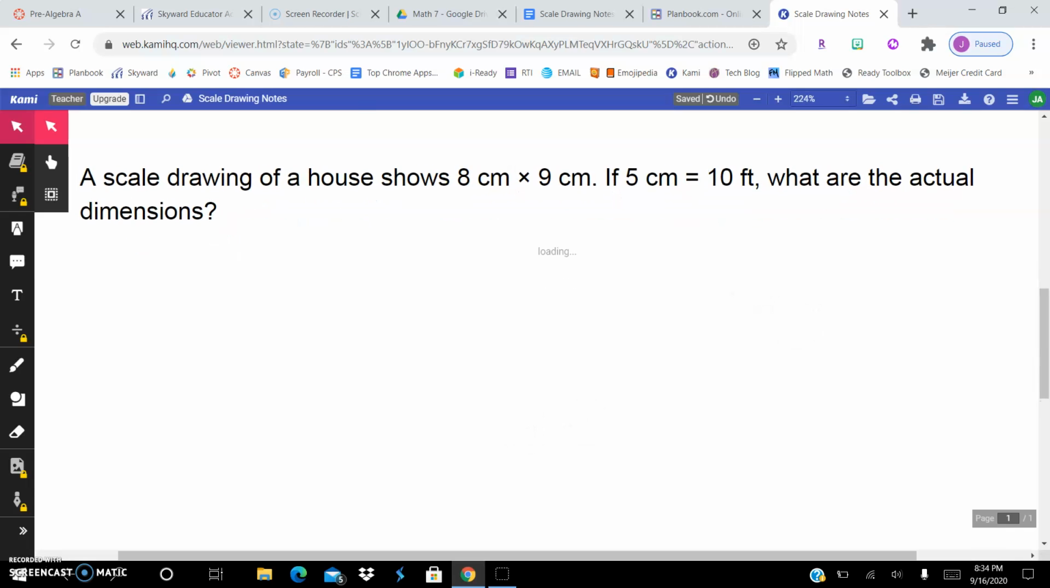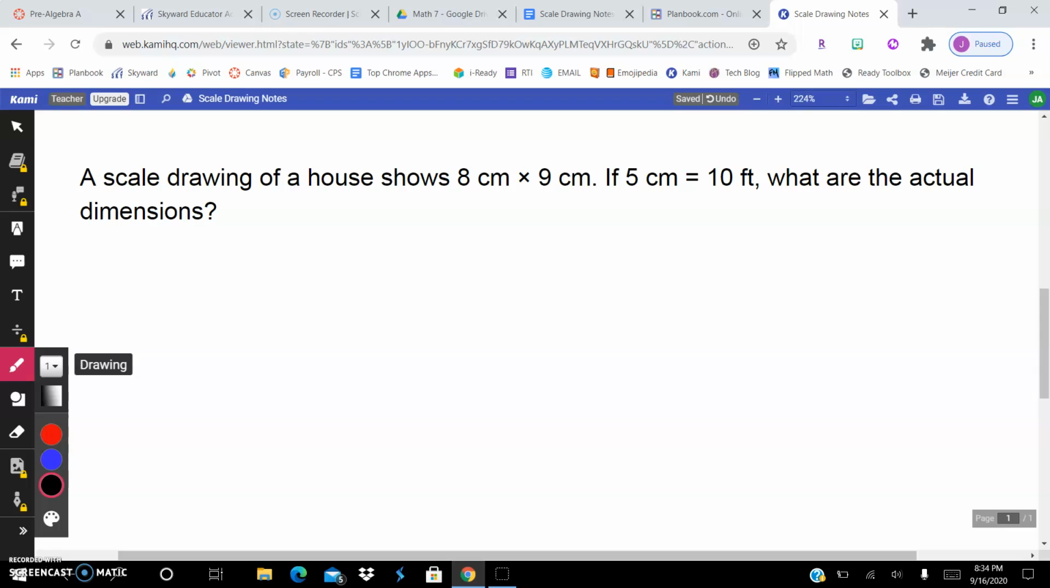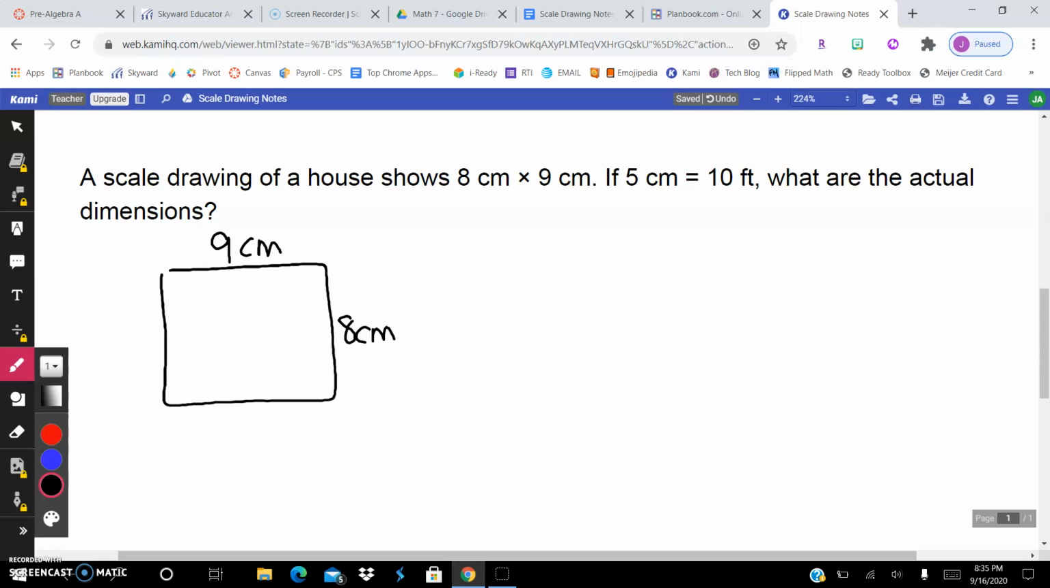Our last question here has a couple of different parts to it. It says a scale drawing of a house shows 8 centimeters by 9 centimeters. So if we think about it as a perfect rectangle, it is 8 centimeters by 9 centimeters. And it looks like I made the top and the bottom a little bit longer, so that's why I put the 9 up there. If 5 centimeters equals 10 feet, what are the actual dimensions of this house? We're going to have to do 2 problems. So take that scale there and make your fraction out of it. So 5 centimeters over 10 feet